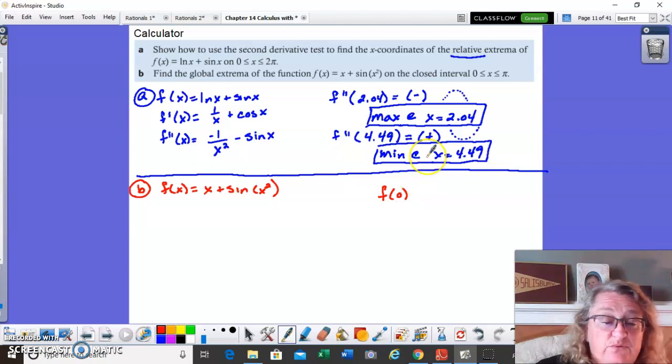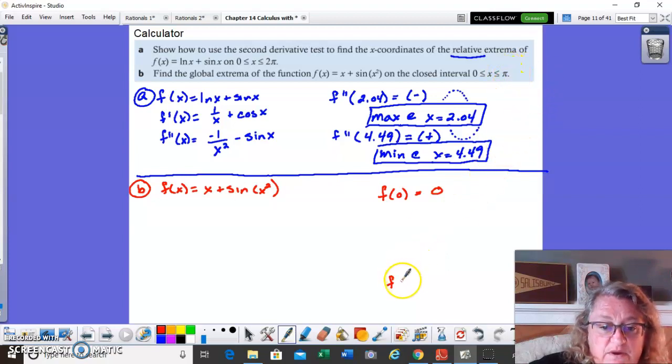Global means absolute, means I just got to find all of them, right? The absolute highest value and the absolute lowest value. So I have to check my endpoints as well. So I'm going to check when the original function equals 0. So the original function at 0 is 0. And I'm also going to check when the original function equals,